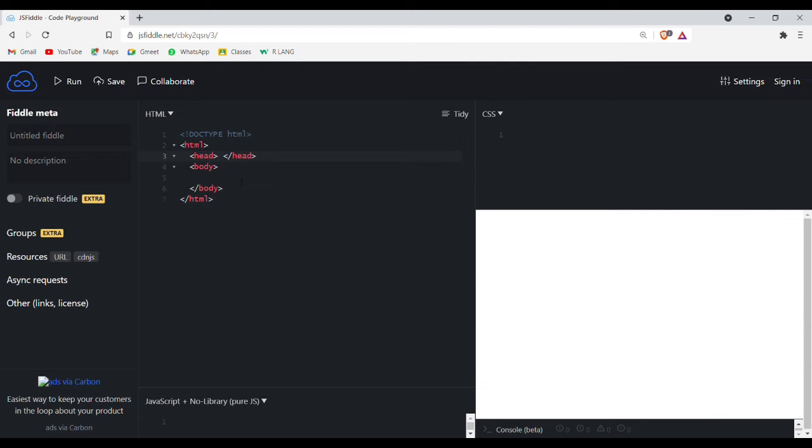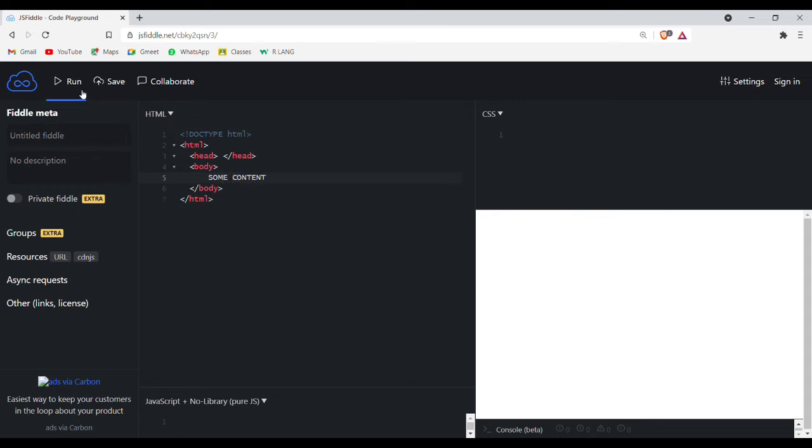Let's try to understand about the body element. Whatever we write inside the body element will be displayed in the browser or a web page. Let's try to add some content inside the body element. Some content.